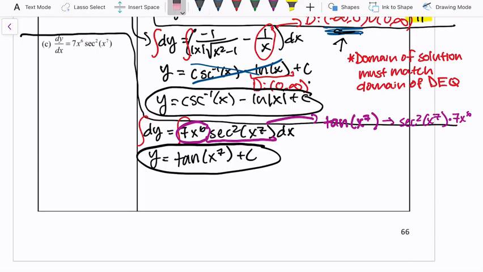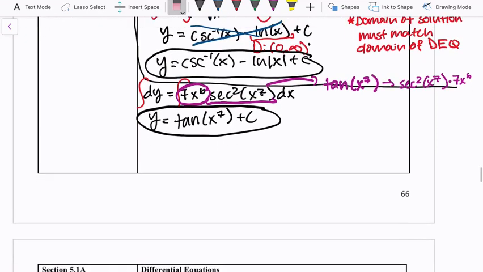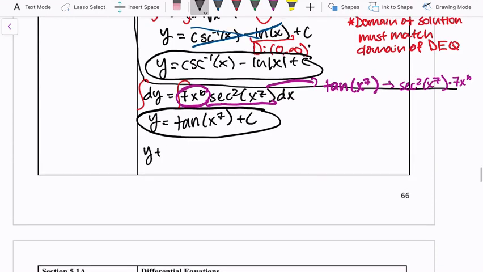Okay, one other thing that I'm going to address before we move on. You might be wondering, if we're antideriving both sides, do we need to put a plus c on both? Yes, but also no. If I were to antiderive the dy, technically that's y plus some sort of constant. Let's call that c1. The antiderivative of all of this is tangent of x to the 7th plus c2. If I were to move all of my constants over to solve for y, subtracting c1 on both sides,